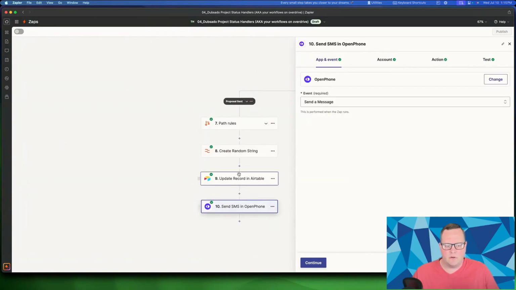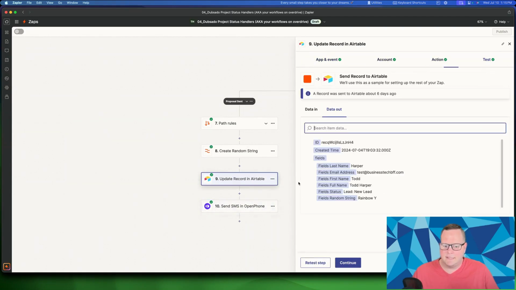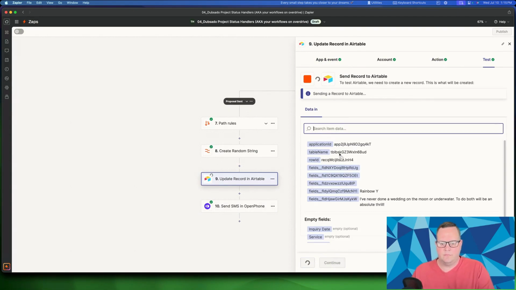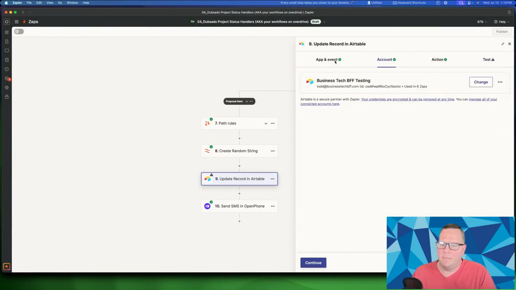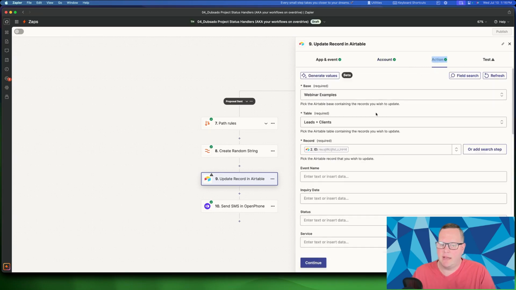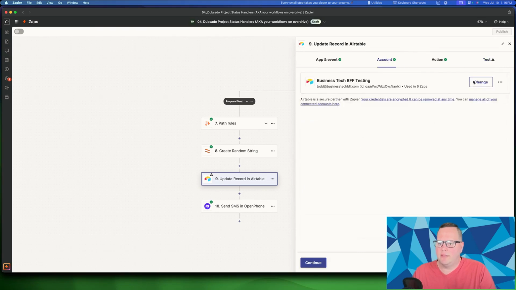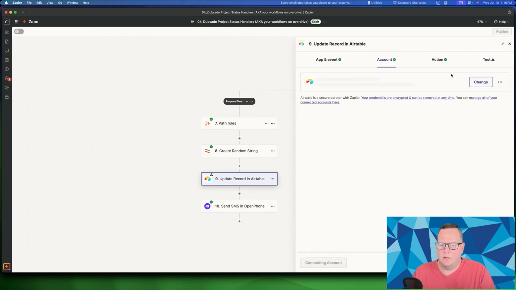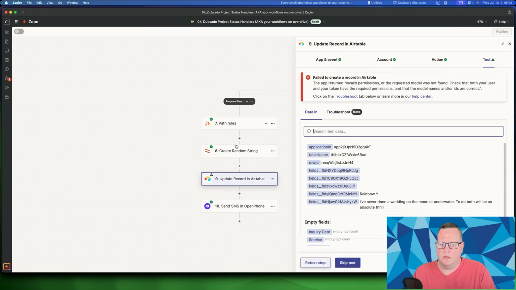Okay, and then I'm going to come over to update records in Airtable. And oops, test. We're going to say retest step. Oh, the app returned invalid permissions. I must be using like an expired account. Oh no, that's really unusual and not something I've encountered before. Okay, let's just go test this out. Okay, I don't have time to troubleshoot this, but